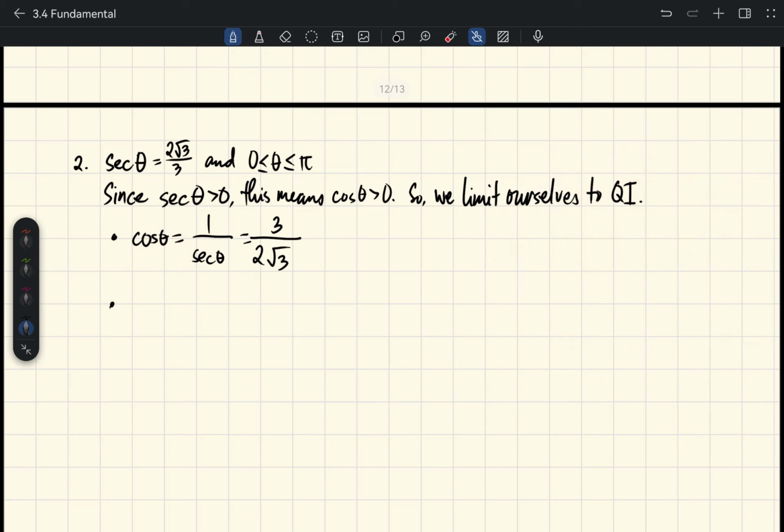Then finally, obtaining the square root of both sides, we get sine theta equals square root of 1 minus cosine squared theta. So what's this one? We have the square root of 1 minus 3 over 2 square root of 3 squared. This one is equal to 1